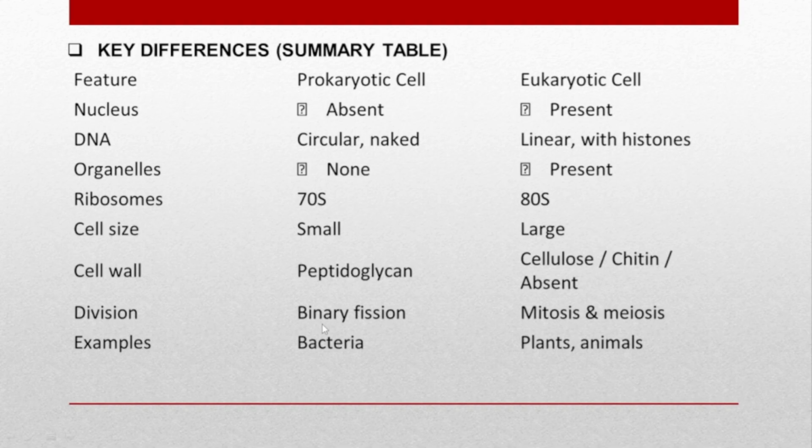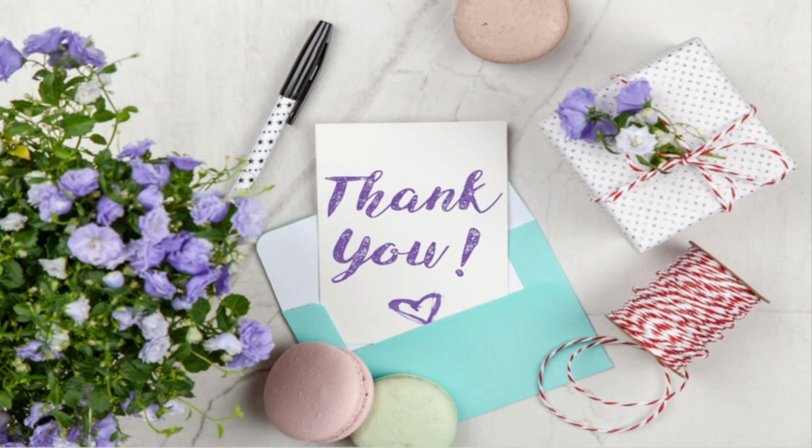When it comes to division, the division of the prokaryotic is binary fission, and the eukaryotes have mitosis and meiosis. For examples, bacteria are an example of a prokaryotic cell, and eukaryotic cells include plant cells, animal cells, fungi, and others. In short, the prokaryotic and